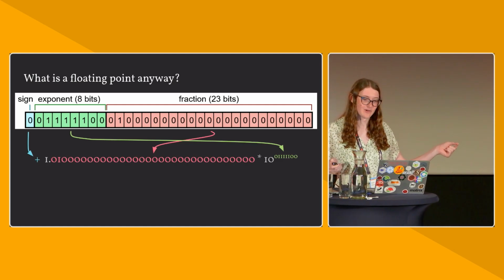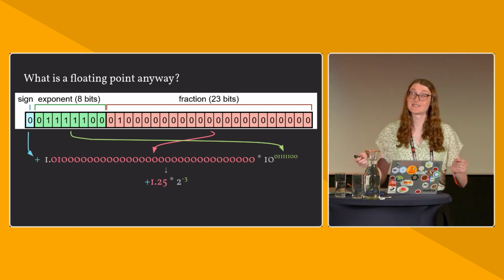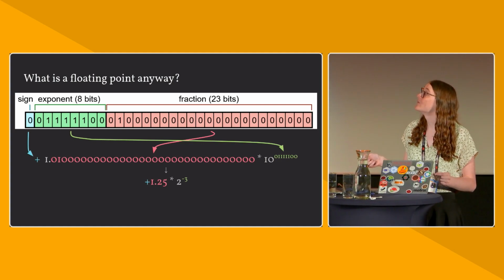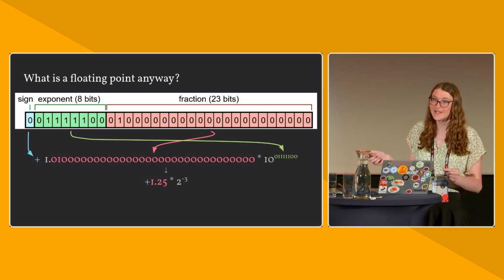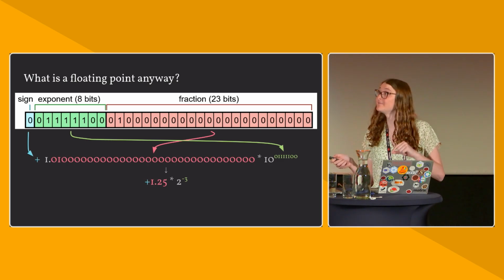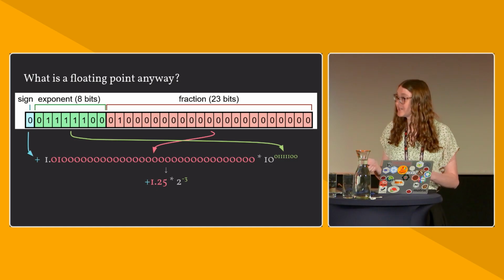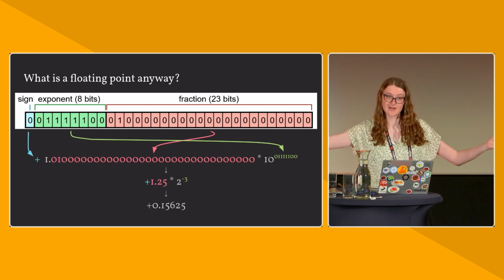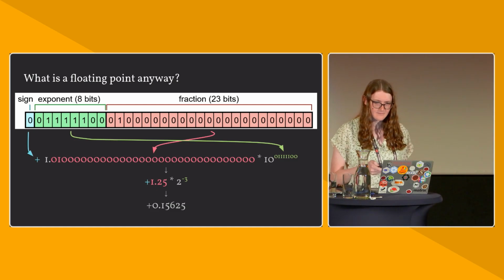In a format that we're more familiar with, it looks like this. So if you look at it in base 10, 1.01000 is 1.25 base 10, times 2 base 10 (10 base 2 is 2 base 10), raised to the power of negative 3, and if you do the math, that results in this. Congratulations, we've made a floating point.